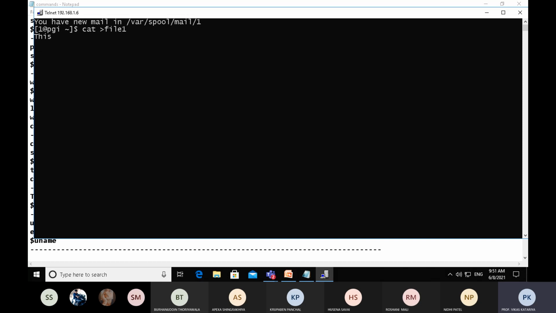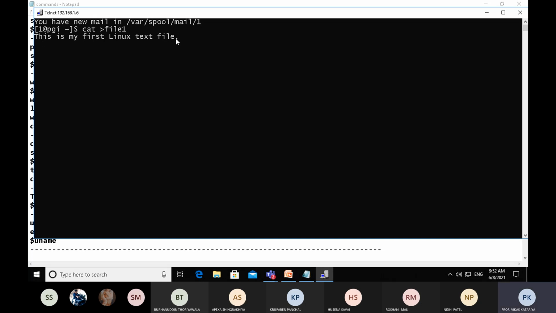So let's write some data. This is my first Linux text file. Then press enter. Your cursor should be on a new line. That is to be remembered. If the cursor is not on a new line, then no content will be saved in file1.